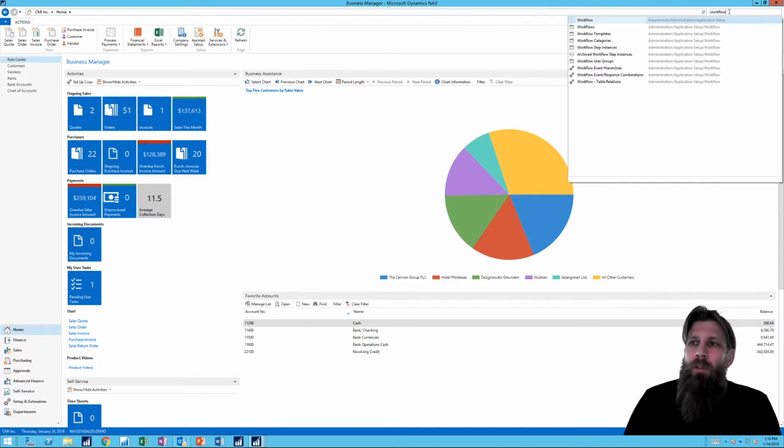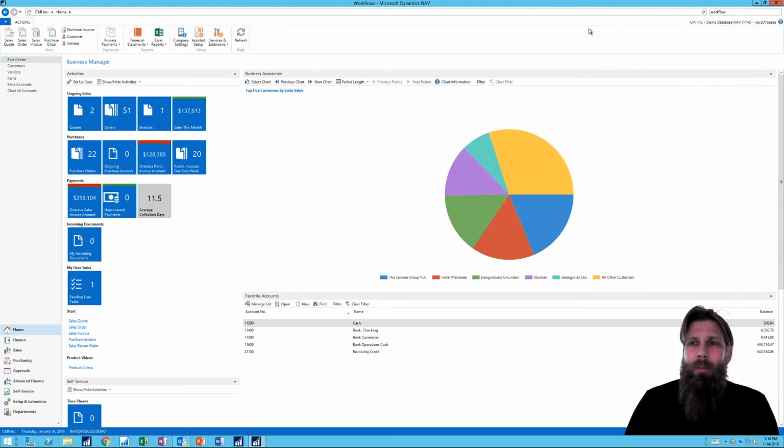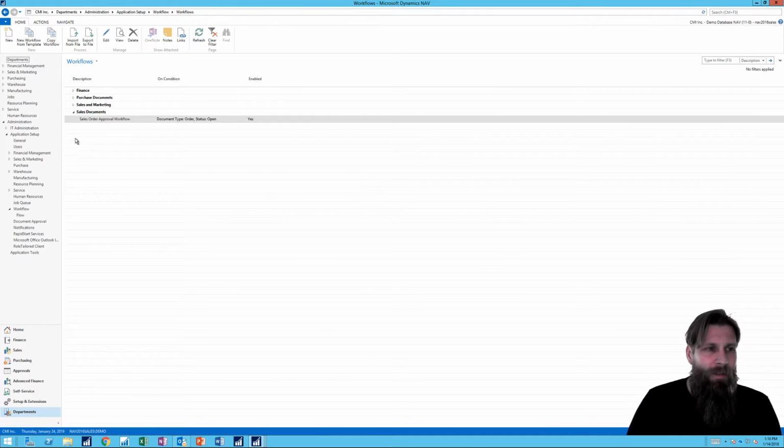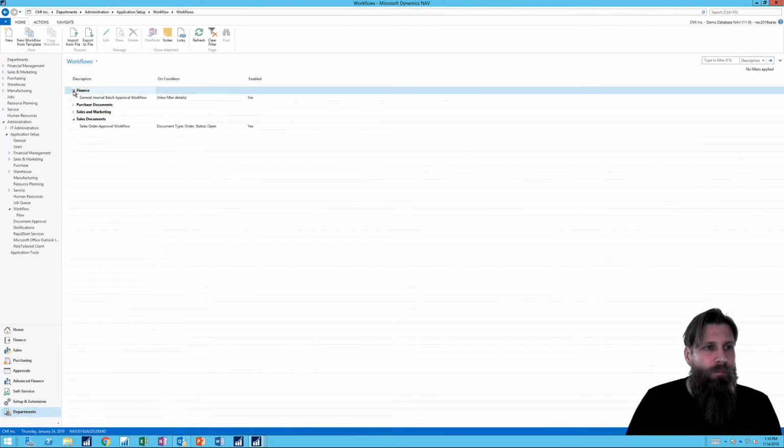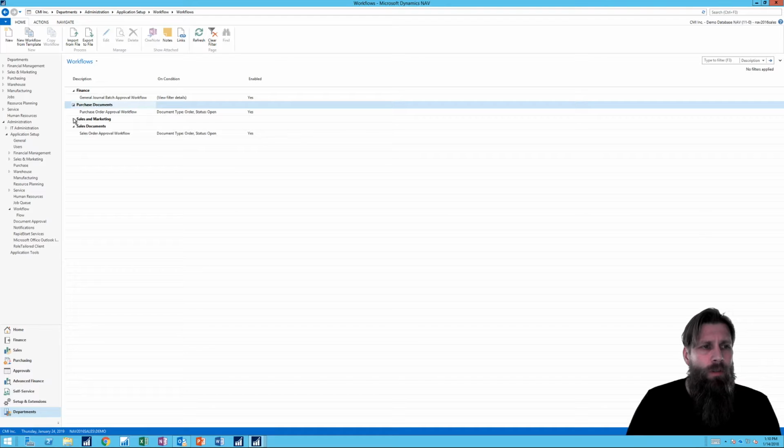Notice that there is something called workflow and workflows. Workflow is something else, so keep with workflows in plural. All right, anyways, what I was going to go through today is we have different workflows here, and